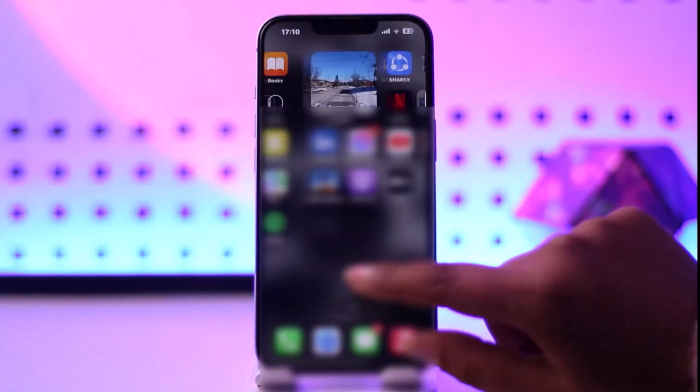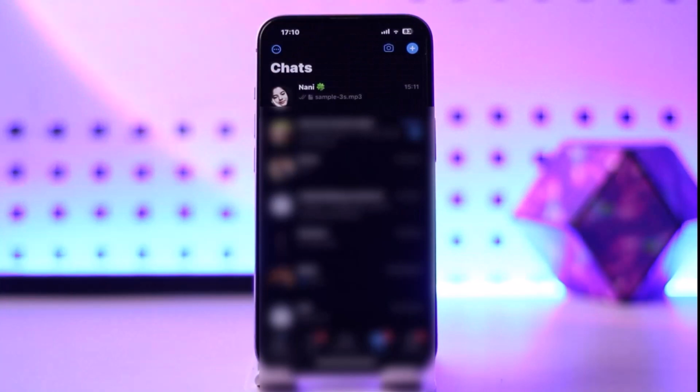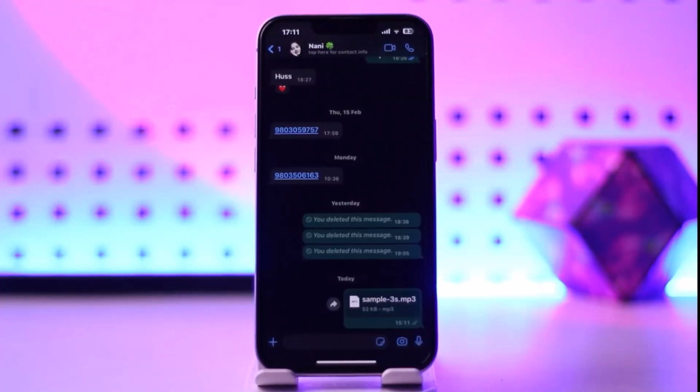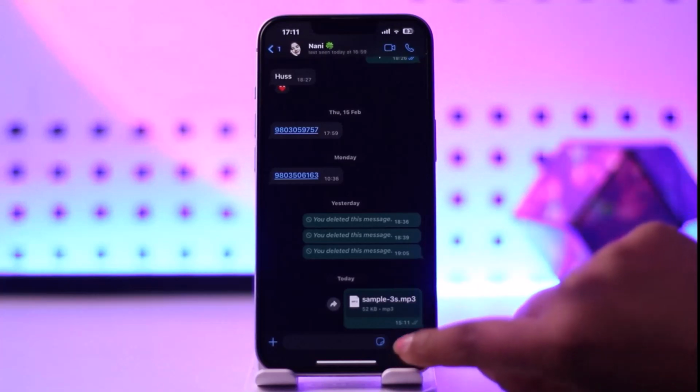For that matter, all you have to do is first of all access your WhatsApp app on your mobile phone. Once you have done so, you're going to find this kind of interface right over here, right? If you would like to simply send somebody a high quality video or photo, first of all go ahead, choose your user whom you would like to send. Now right over here, go ahead, tap on this camera icon,